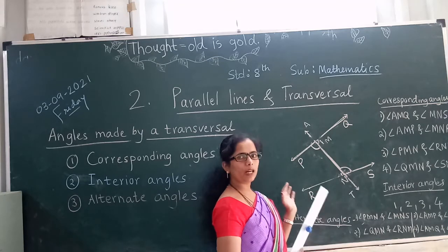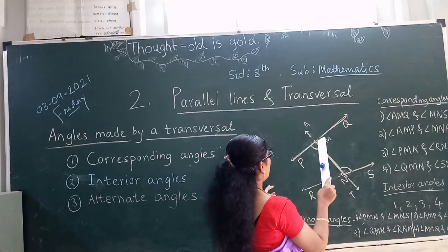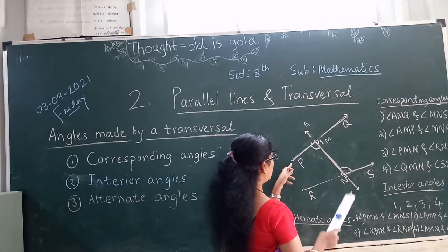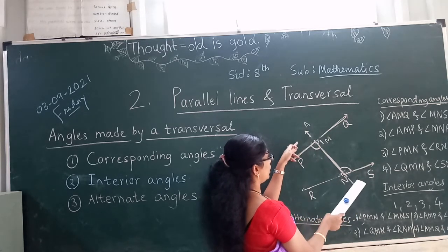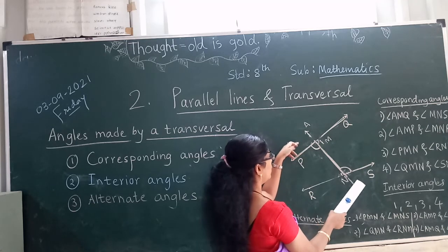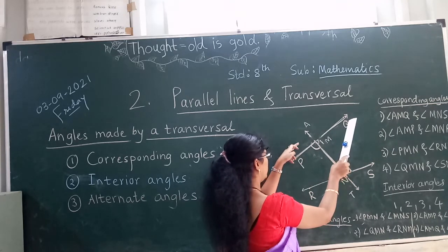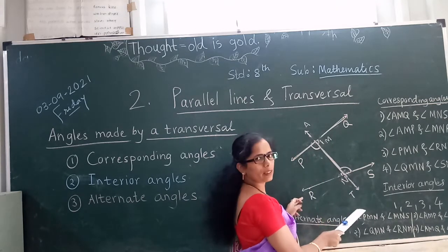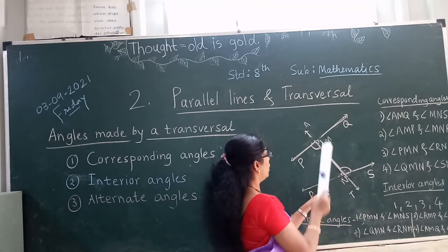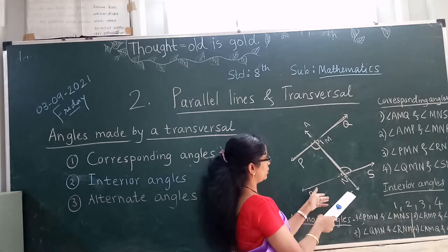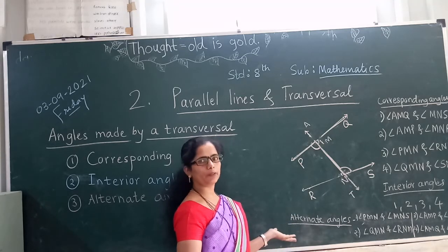Are there any exterior alternate angles? The answer is yes. What are they? Angle AMP and angle TNS here. These are exterior alternate angles. Can you name one more such pair? What is remaining? Angle AMQ and angle RNT. AMQ is up, this is down, and this is on the left arm of the transversal. So what are alternate angles? Opposite direction, opposite side of the transversal.